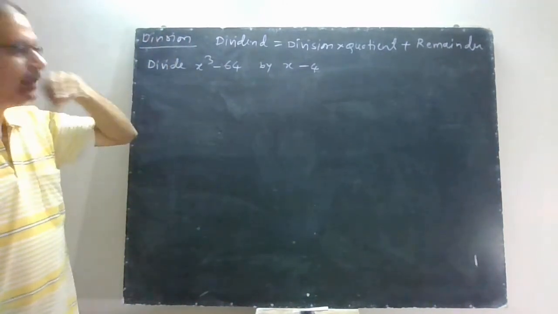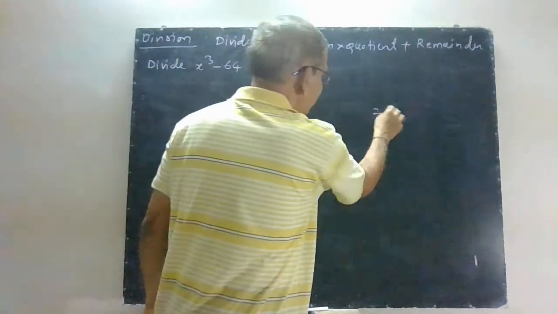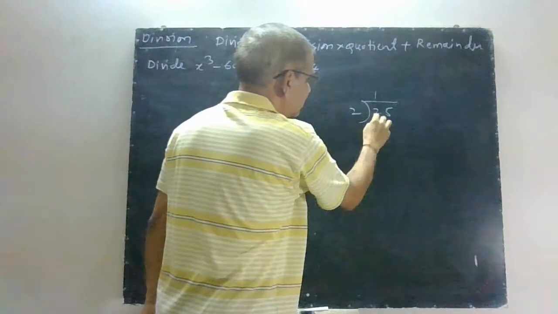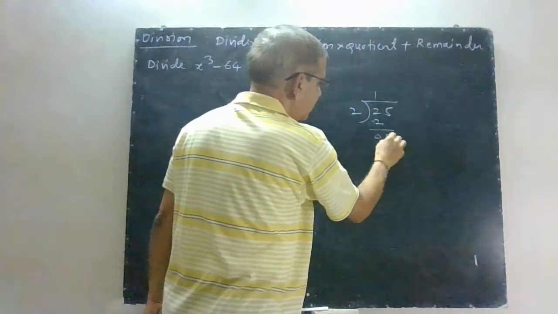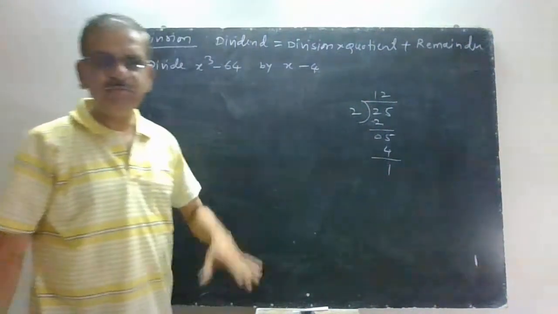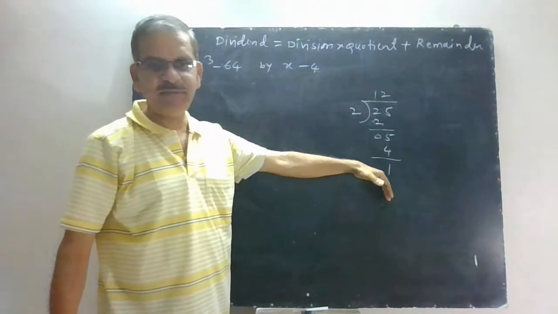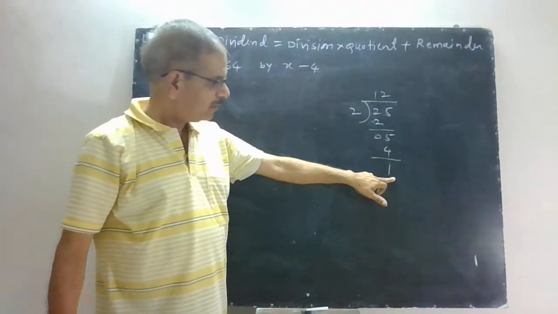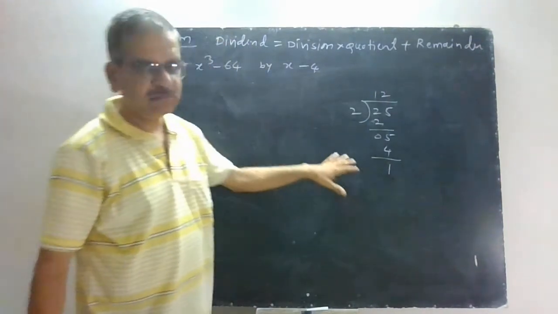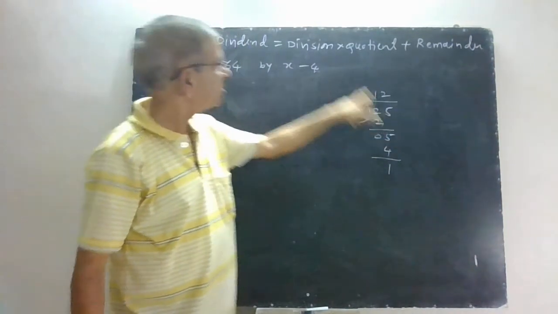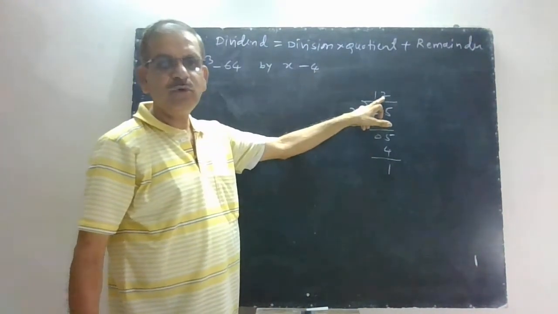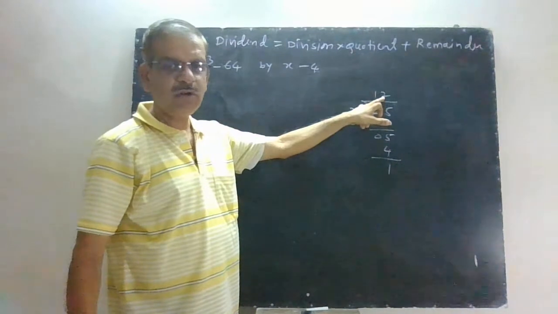Now when you divide two numbers, for example, when you divide 25 by 2, what do you do? It is 2, then 5, then 2, then 4, remainder is 1. The normal process of division stops at the place where the remainder is less than the divisor. In this example, 25 is called the dividend, and 12 is called the quotient. You can call it quotient or division.